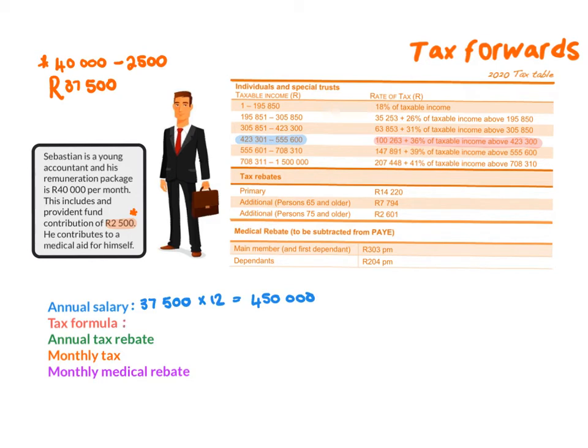In this category, the formula is 100,263 plus 36%, which I'm once again going to write as 0.36, times, because it's of, and we want to see how much more he earns than the 423,300 in the formula. So therefore I need to subtract that from his salary. And this gives me an amount of